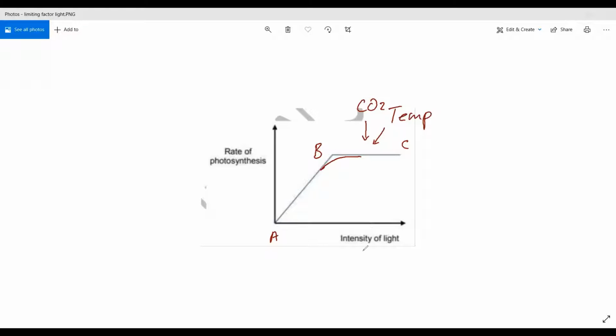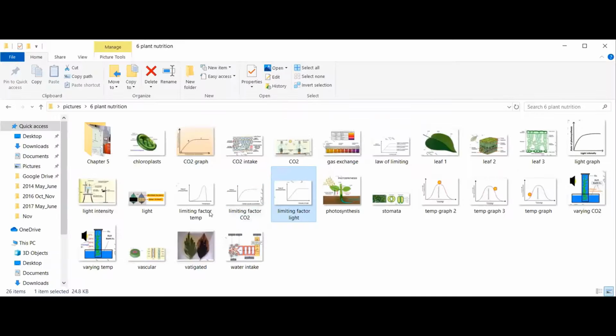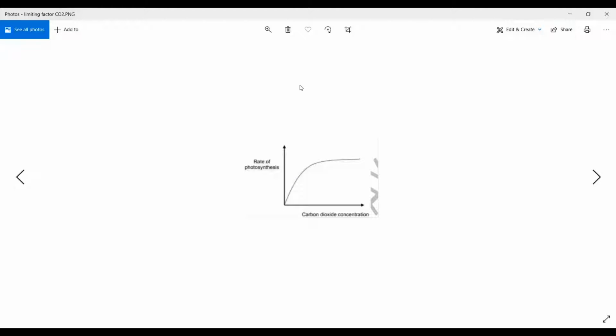But what if I changed the independent variable to be carbon dioxide? Again, the same curve is going to be produced. Here it is. As you can see, from A to B, carbon dioxide is the limiting factor, and from B to C, another factor is limiting, and this can be light intensity or temperature. But this is not true for temperature if I want to investigate whether it is a limiting factor or not. Why? Because temperature is something